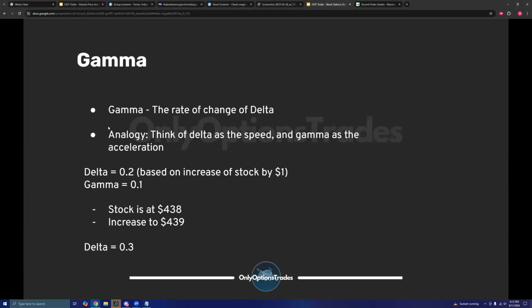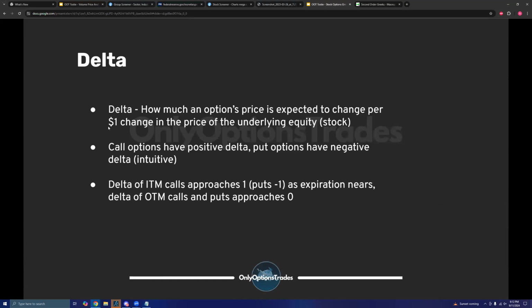Cool. So, one other thing to note is that delta of in the money calls approaches 1 as expiration nears, and delta of out of the money calls approaches 0. Again, this should be reasonably intuitive, like we talked about last lecture in the selecting options contract lecture. Further out of the money contracts are typically cheaper. And as we move closer and closer to the expiration date, the contract price decreases, and as a result, delta also typically goes down with it. All right. Again, delta is a pretty simple one.